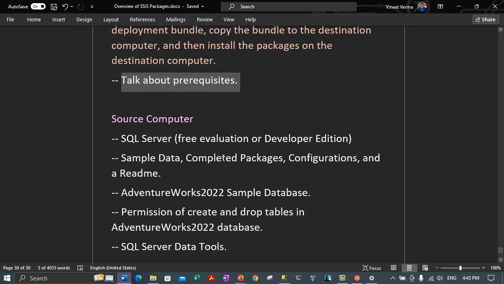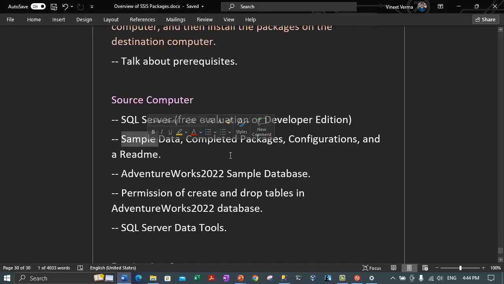So that's the prerequisites. Now let's talk about the source computer requirements and the target computer requirements. Though in this tutorial we will be using the same computer running the two instances. If we talk about the source computer, for the components we need SQL Server. You can use the free evaluation or developer edition. In our case, we are using two instances of the developer edition. We need the sample data, the completed packages, the configurations and the README,